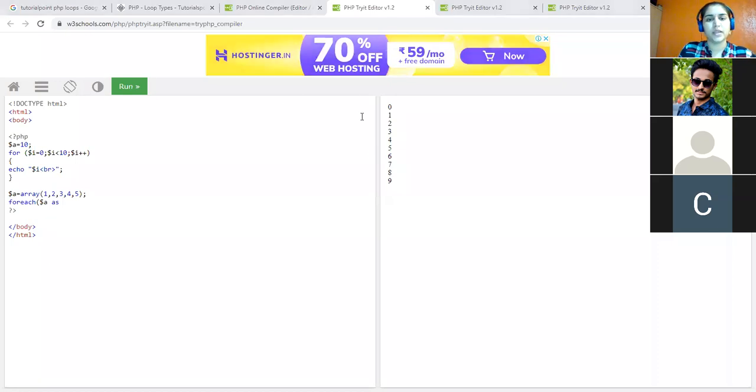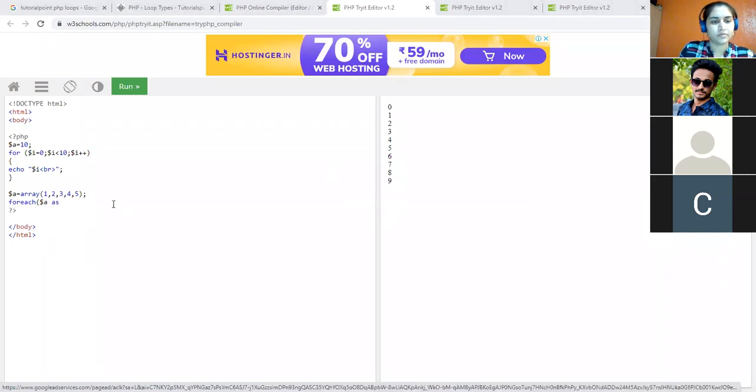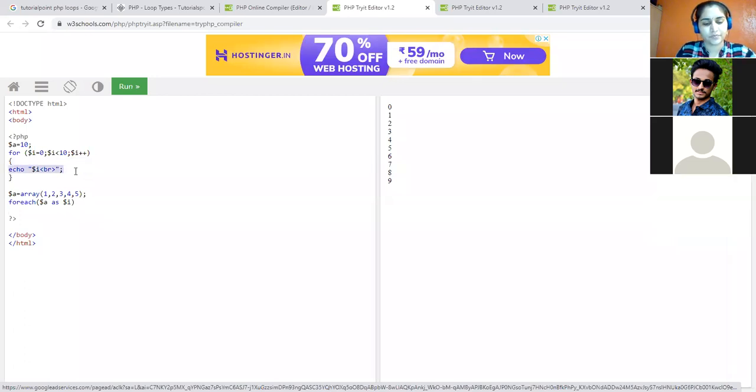For this variable, I'm taking one element as a value. Or you can say same $I. This would not be the index. This will be the value now. Okay, so I'm just iterating this, and I'll echo $I.